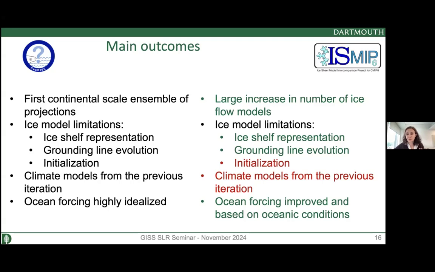Ice flow models still have some limitations with the representation of ice shelf extent. Now they can all do it, but the extent can vary from one model to the next. Grounding line evolution is included, but initial conditions can have some limitations and not always be able to capture conditions. Climate models were coming from both CMIP5 and CMIP6 because there was a delay in CMIP6 results. And one main thing is that we really have improved things a lot in terms of capturing climate conditions. Both mostly oceanic forcing as well as atmospheric forcing is a lot more realistic than it used to be. Okay, so that was what was done for the IPCC.